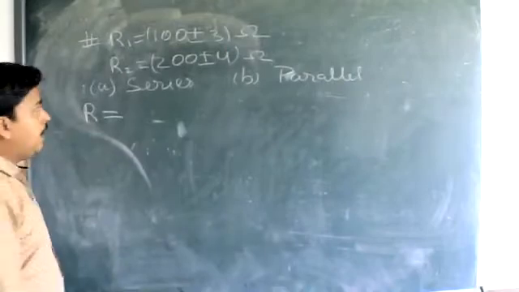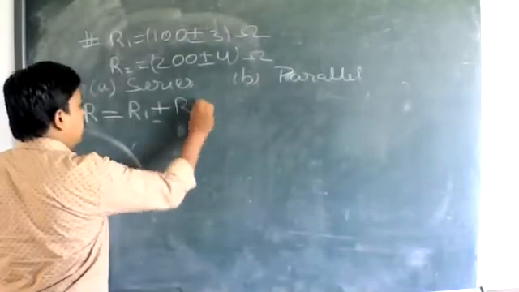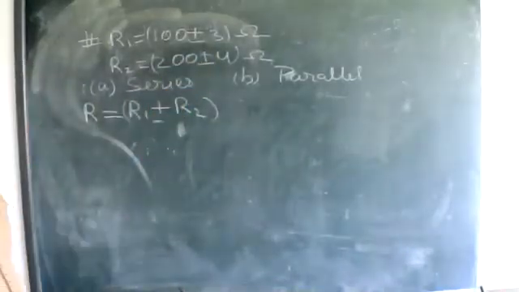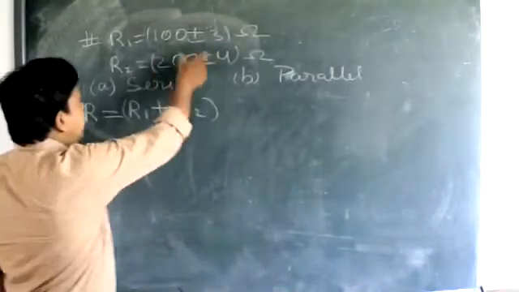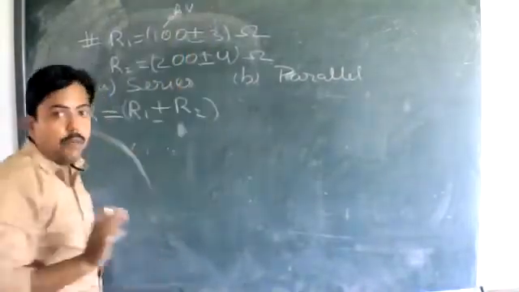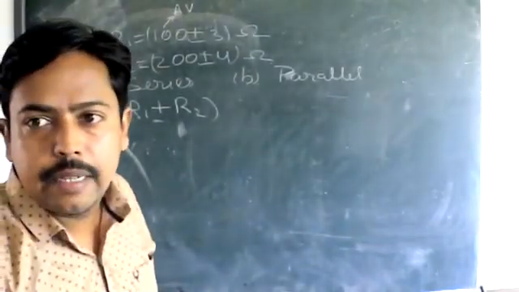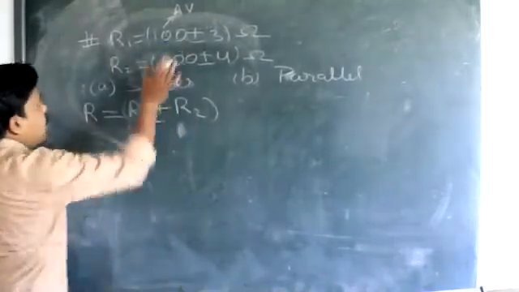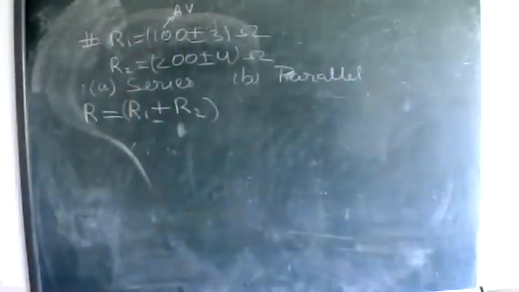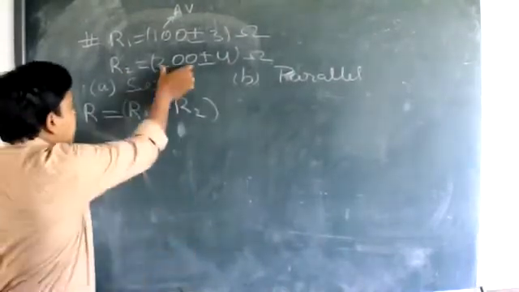R is equal to what? If there are two resistors connected in series, we can write R1 plus R2. Okay, and here are the values along with the errors which have been given to us. You can see that this always represents the actual value. I have drawn one format last time when I was teaching in class, when I was explaining the derivation. In that I told that this part shows the actual value and this shows the error corresponding to this individual physical quantity. Similarly, this shows the error corresponding to this individual physical quantity, and this is the actual value.